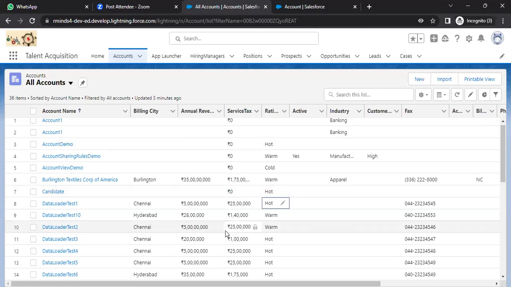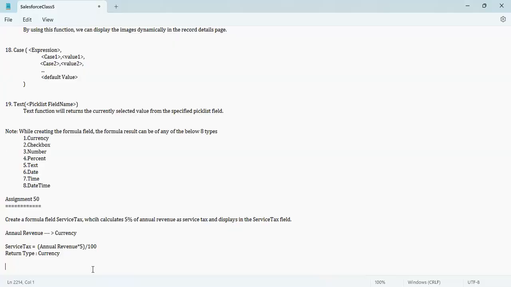Right. So let's take another example. Here we were calculating the service tax, right? But I want the remaining net annual revenue. Okay. So this is the gross annual revenue, of which the service tax I have deducted, and I want to display the net annual revenue. So in that case, what I need to do,